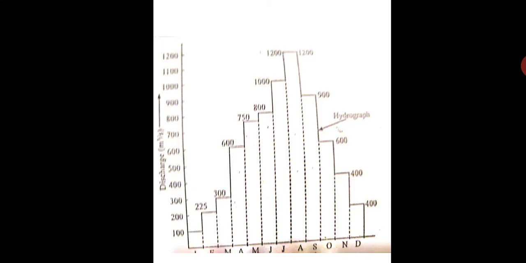Third month is 300. March. So we have plotted at 300. Fourth month April it is 600. So plotted to 600. Then May is 750. So May we have taken 750. June 800. July 1000. August during monsoon it is 1200. Okay, that peak. Then September 900. October 600. November 400 and